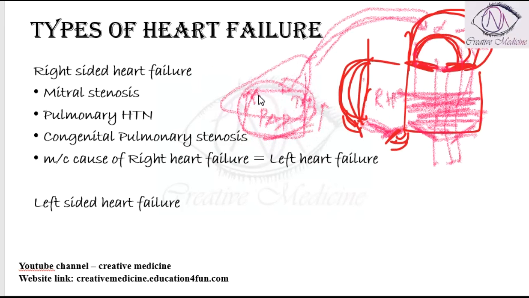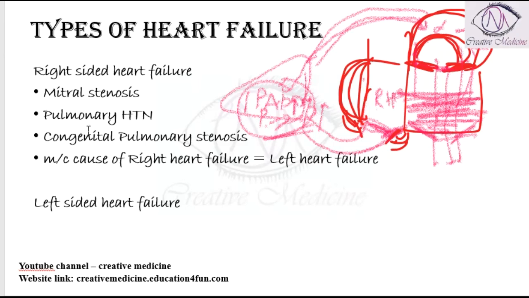Because of this increased pulmonary arterial pressure, the right heart has to pump the blood very hard to reach the pulmonary artery, to overcome the pulmonary arterial pressure. This will result in the right ventricle becoming hypertrophied. Slowly, a point is reached where the right ventricle can no longer become hypertrophied, and that is when we see right heart failure.